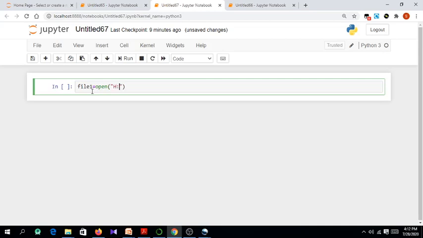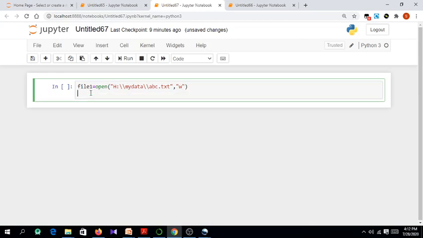The path of the file we are having in my data folder, and the file name is abc.txt, and the second argument will be the mode. Here we are going to open the file in write mode, so I will specify w, not wb, because we are going to handle a text file. That's why w. If you are writing into a binary file, then you can write wb.